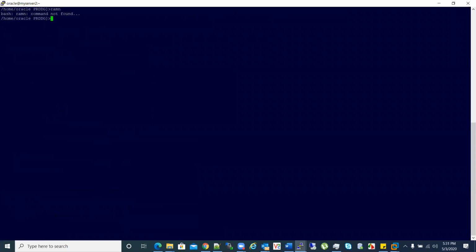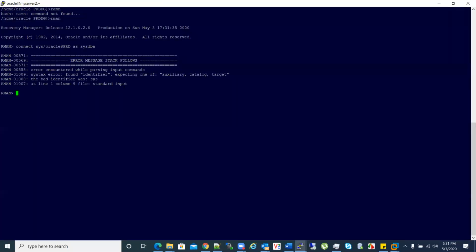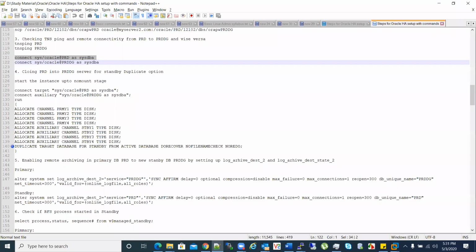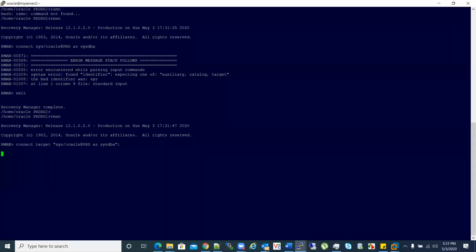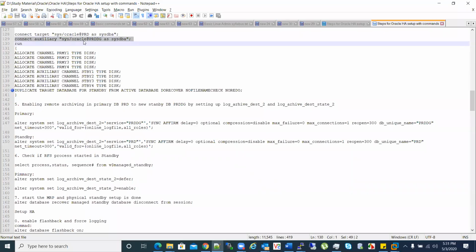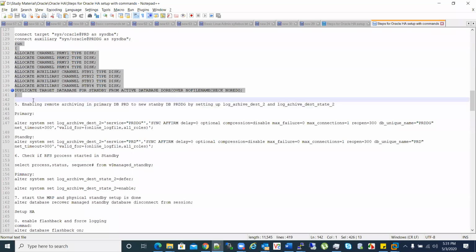Go to RMAN, connect to your target database, connect to the auxiliary database, and run this duplicate command for creating a database.